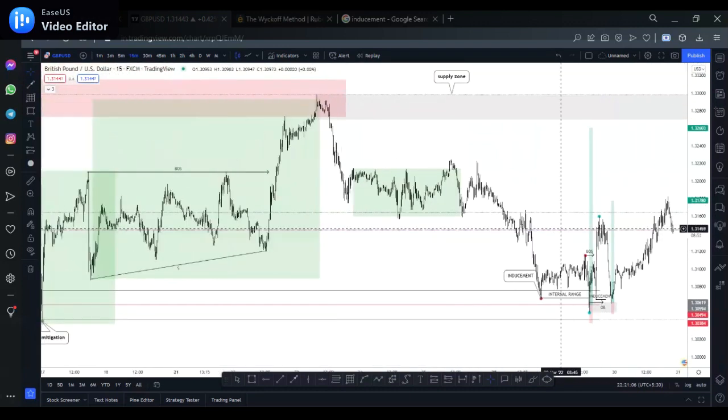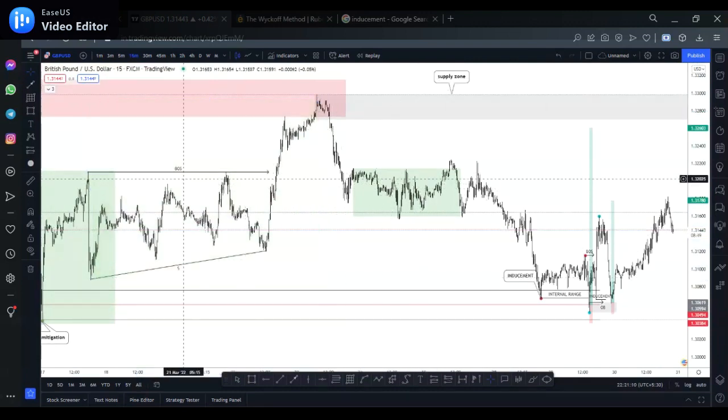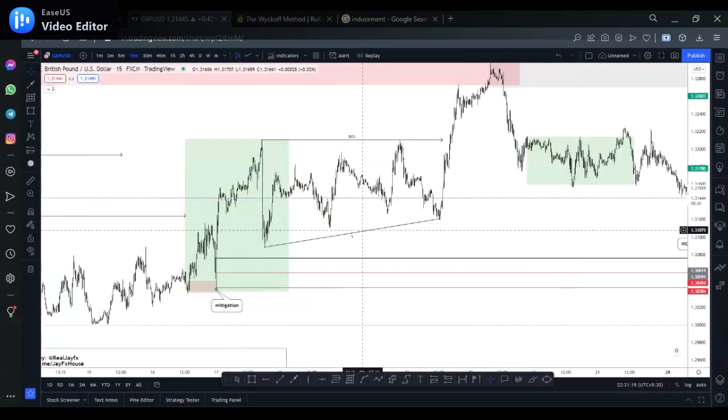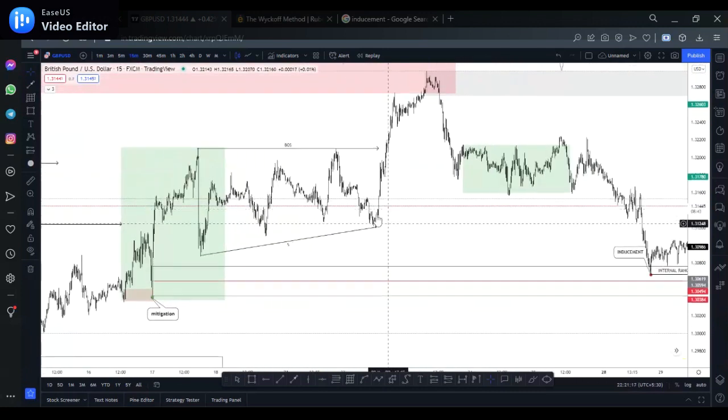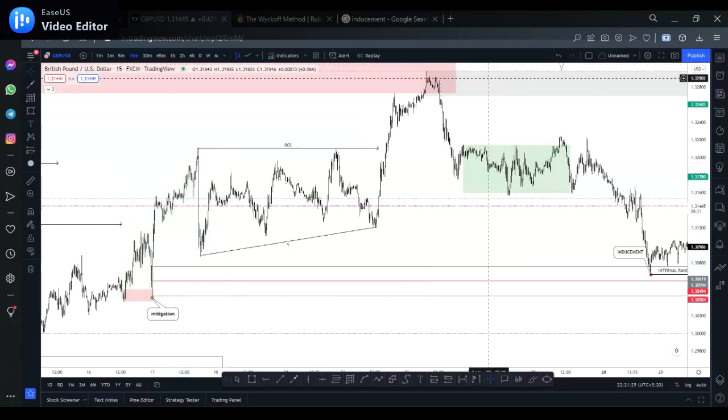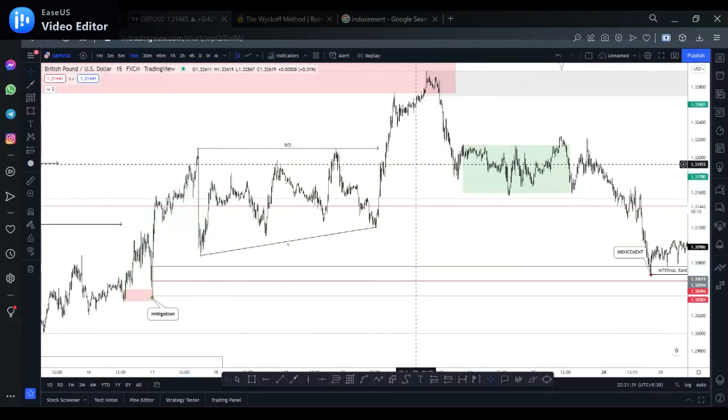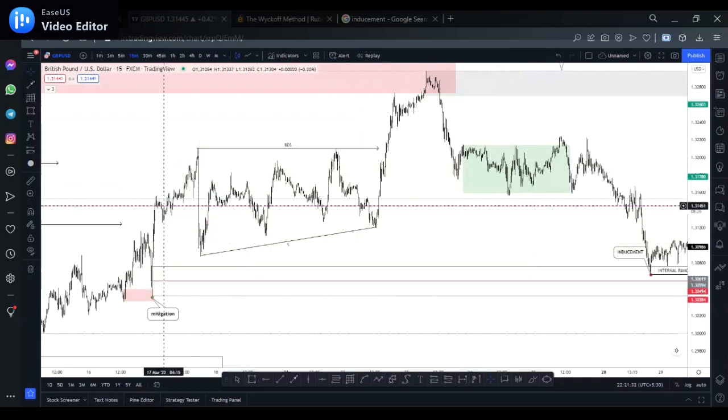Okay, so that's it. That's how you understand what liquidity and inducement is. Don't get confused and say, I'm going to buy from this other block right here because of this inducement, when you don't understand what is happening in that current range. Just note that after every break of structure, there's going to be a pullback to grab liquidity within the range.